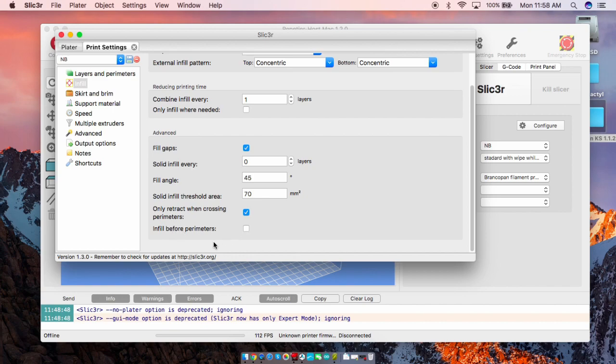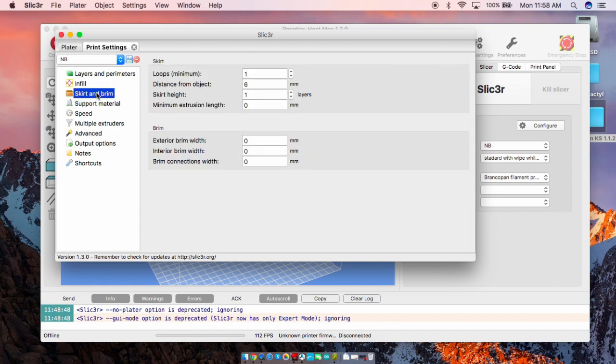I generally leave this off. I print the perimeters first and then infill. The next tab is skirt and brim. The skirt is basically just a line that it'll print around your area of all of the pieces you're printing